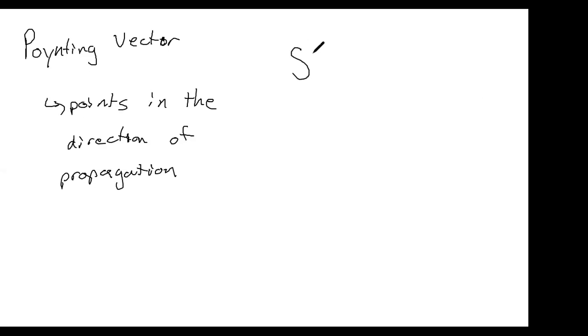The symbol for it is S, and it is equal to 1 over mu naught E cross B. So Thomas, remember, the electric and magnetic fields are perpendicular, and if you take their cross product, it's going to point in the direction the wave actually moves. So if the arrows of the wave point in, say, X and Y, then it will move in the z direction, for example. Oh, okay. And the units, what this actually measures is